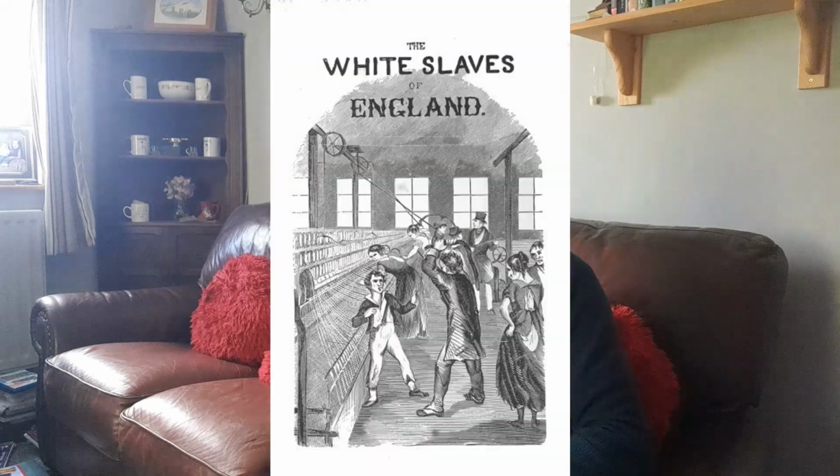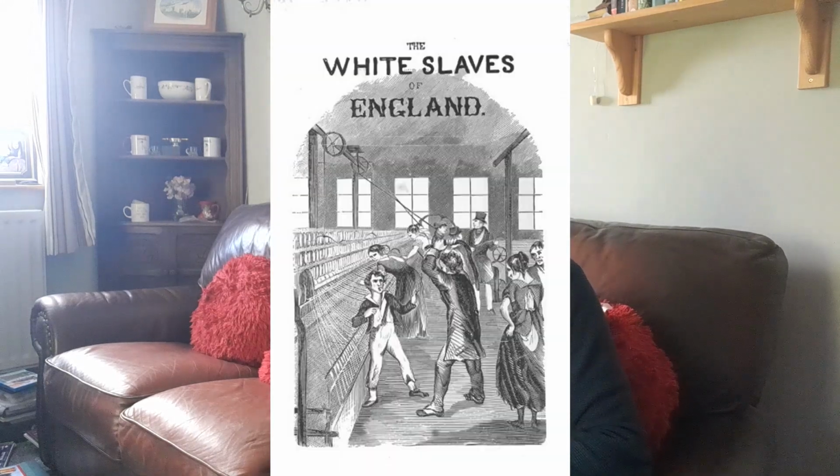The cooperative wholesale societies were created at a time when people were expected to live on twopence a day, 2 pence a day. It was created in a time when cholera and dysentery were rife throughout the north of England. It was a time when, basically, the north of England had become enslaved to the big businesses of the Industrial